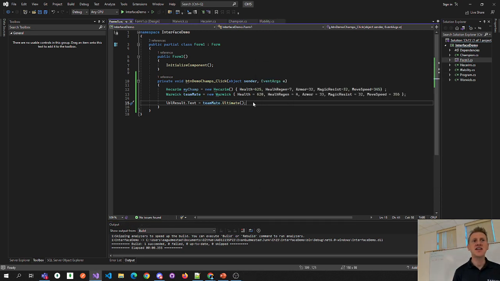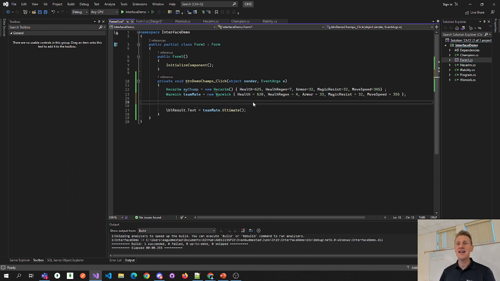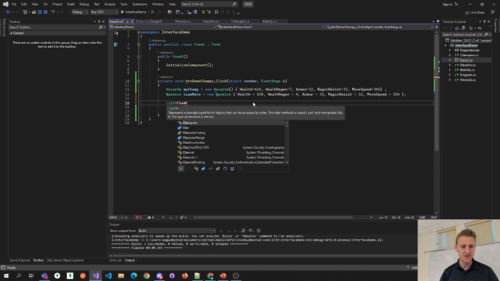One thing that I see quite a bit, and I wanted to show this here. Last week we learned something called upcasting. Upcasting was this idea that you can take any child object and cast it up into one of its parents. Like if I had a list of champions,